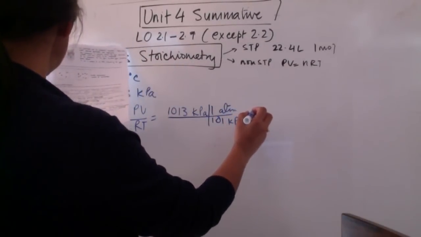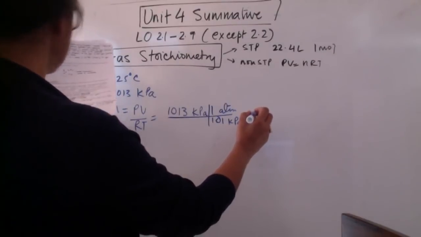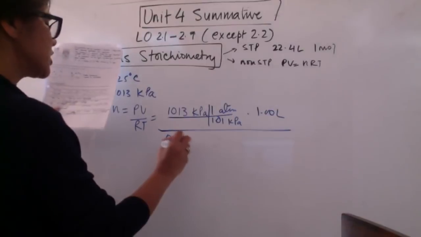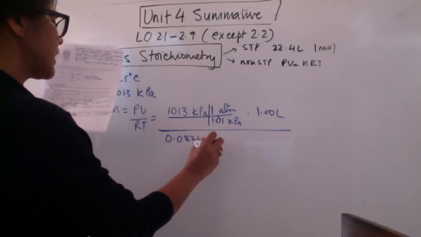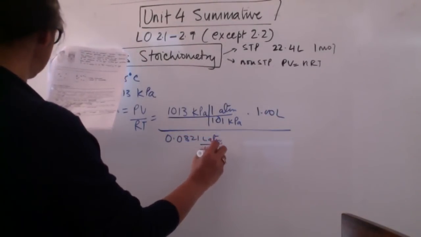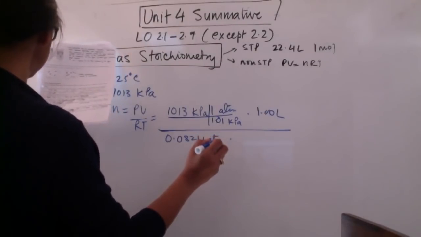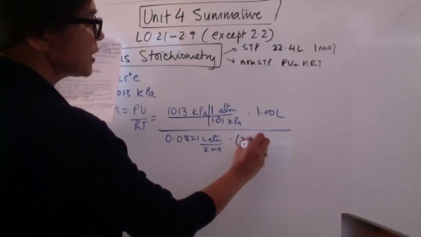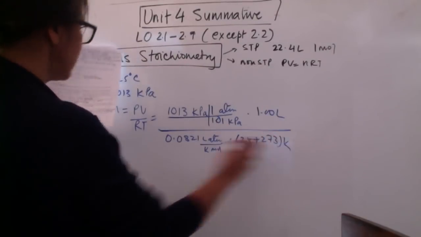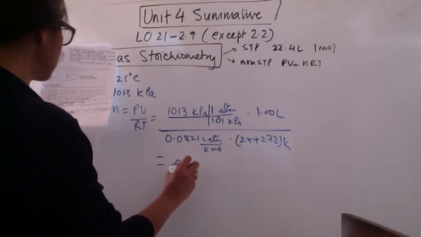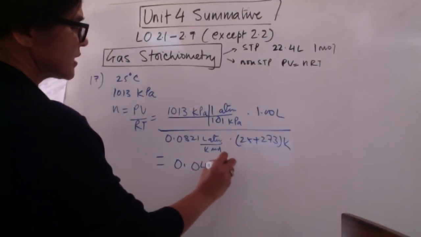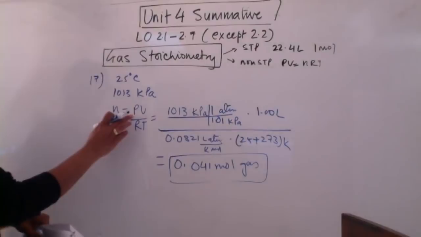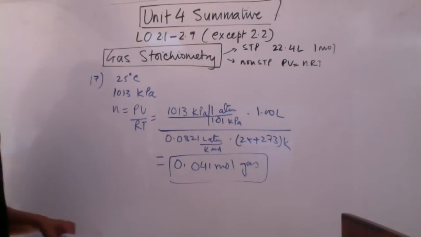volume is 1 liter. R is 0.0821 liter atmosphere per Kelvin mole, and temperature is 25 plus 273 Kelvin, and that gets you 0.041 moles of gas. And this will be the same for all the 3 gases, because pressure, volume, R, and temperature are the